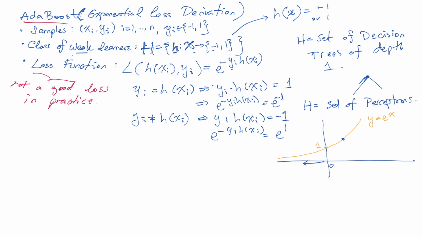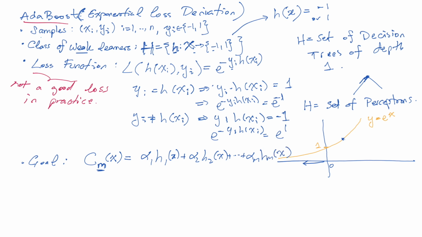Okay, so we have our loss function, we have our class of weak learners, and we have our samples, and then we need our goal. The goal of AdaBoost is to come up with a classifier, let's call it C, which contains M base classifiers or weak learners, and it's going to take an input X and predict. Let's just say C_M(X) is the linear combination, so alpha 1 times H1 of X plus alpha 2 H2 of X plus, and this is going to have M blocks, so it's going to be alpha M H_M of X. Then the final classification is going to be the sign